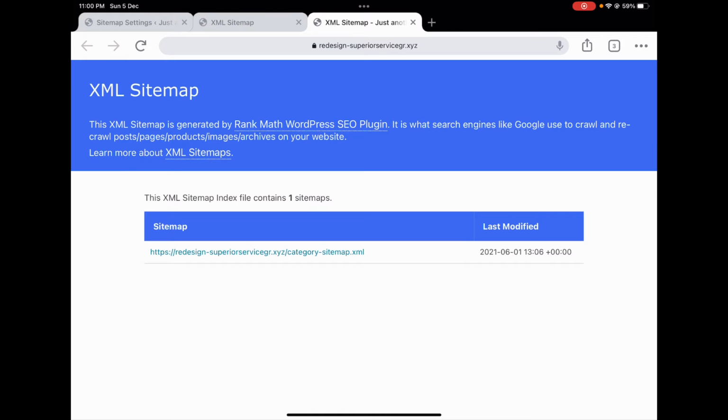Sitemaps basically enhance your SEO, the crawlability, and other bots from Google. You can also submit this to the Bing and Yahoo webmaster using the webmaster tool services, and you can tell those bots what to crawl and what you don't want to crawl, like the categories and author archives. You just need to configure your sitemap, and they will be able to access your website and crawl it easily.